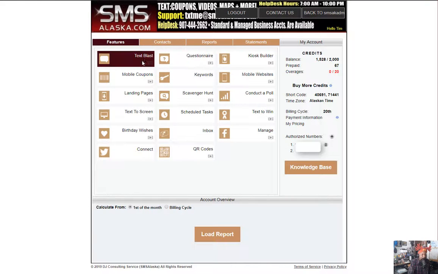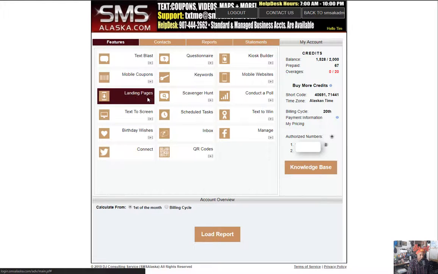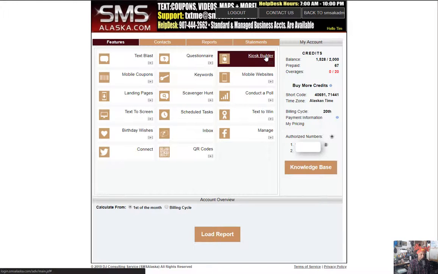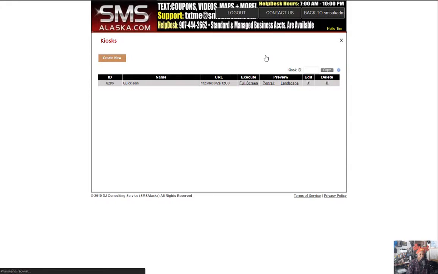So we're going to come back in other videos to show you the mobile coupons and landing pages. The landing pages are the most popular next to the mobile coupons. We're going to show you mobile coupons, landing pages, birthday wishes. We'll show you the text to screen. Text to win is really fun. And the Kiosk Builder. Let me just briefly go over this one real quick. All right, so